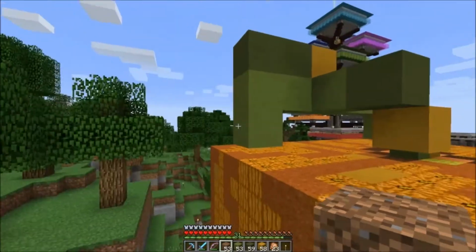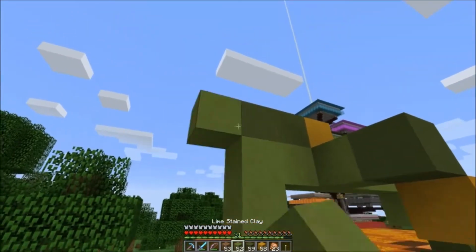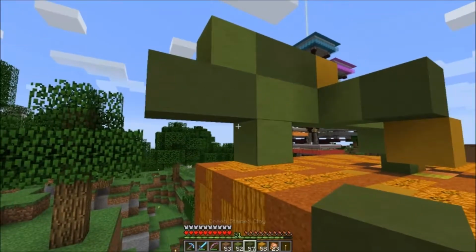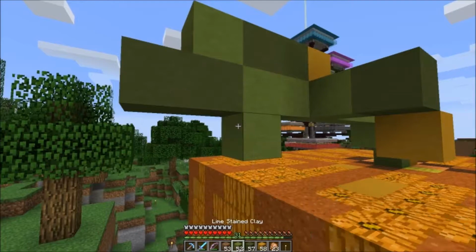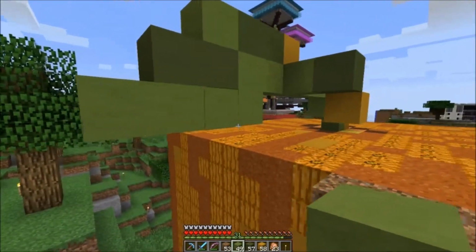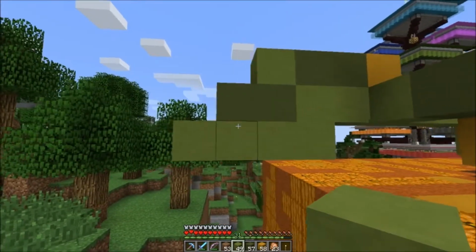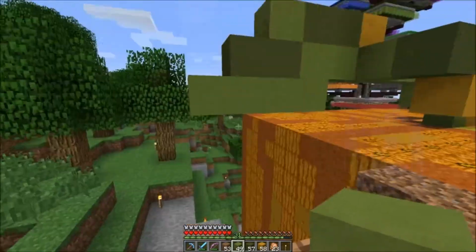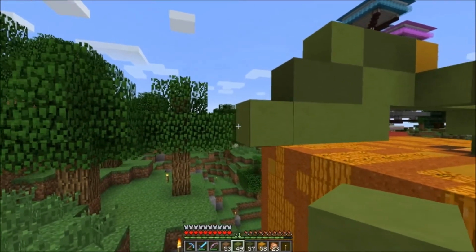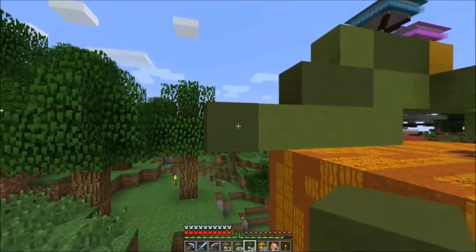Okay. So let's see. Let's put one of these here. Two more dark greens, and this should be pretty pixelated, just like the vine is in the game itself. Let's see here. Okay, from here, let's see. I want to go ahead and yeah. We're gonna start